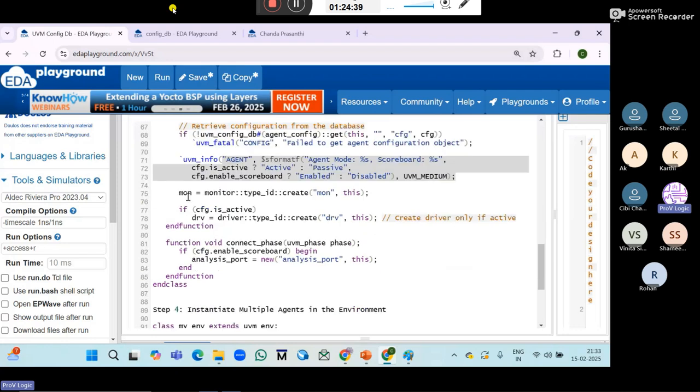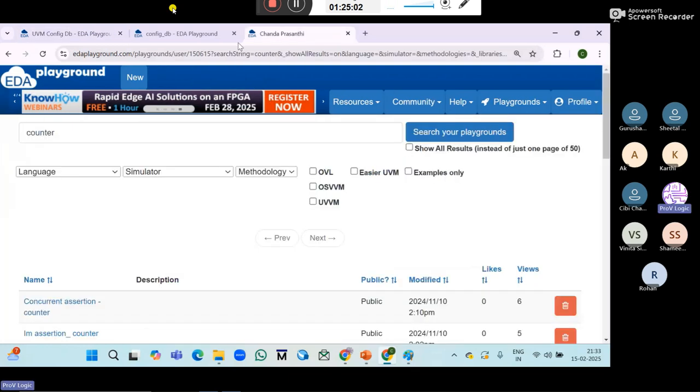Okay. Next, connecting monitor, and if config is active or passive, 2 types we have. Active means driver and sequencer also will be connected. Passive means only monitor will be connected, right? So if config is active, driver, this will be there in every example. So even if you see the adder example also,